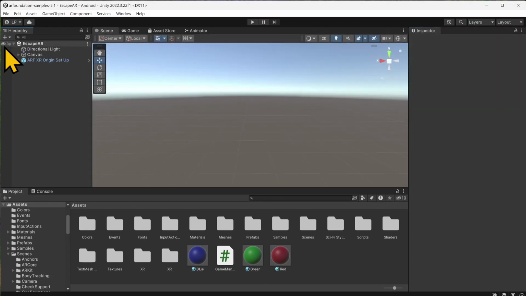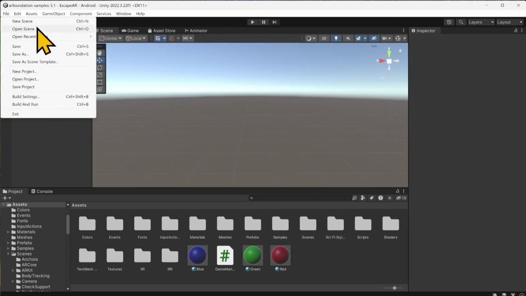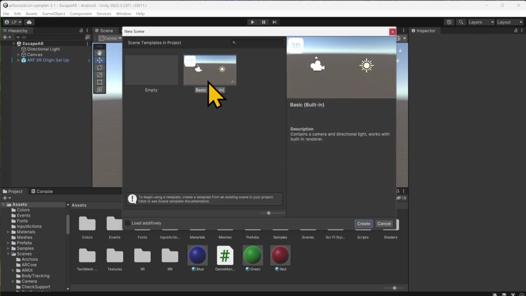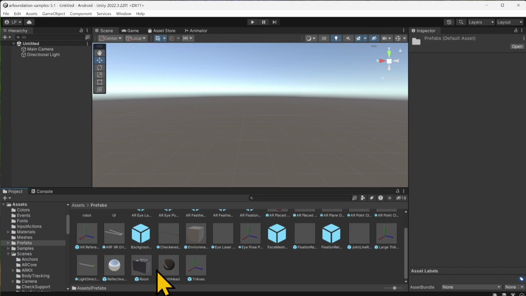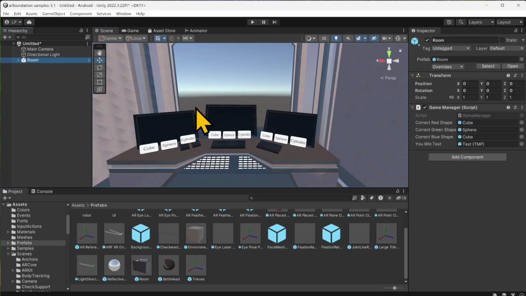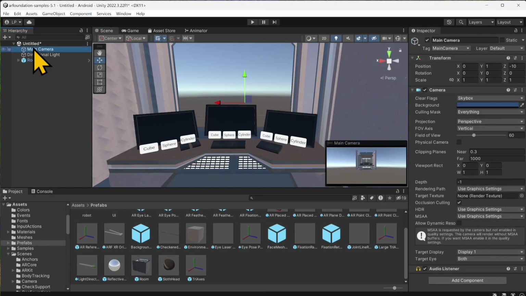And then if we do want to test this, we can. No, we're still doing a new scene because this one has its own camera and stuff. So do another quick test here. Prefabs, bring in the room, move the camera. Control Shift F to move the camera when you have it highlighted. And now if I hit play,